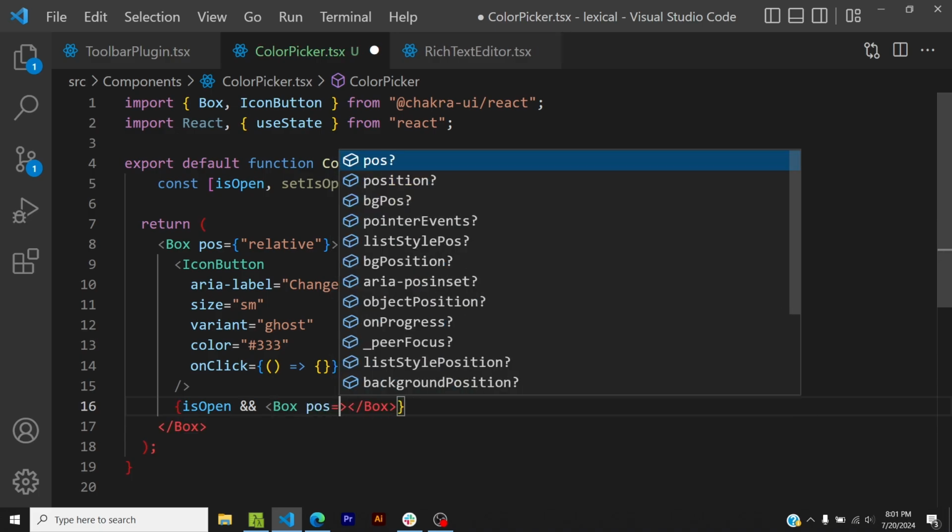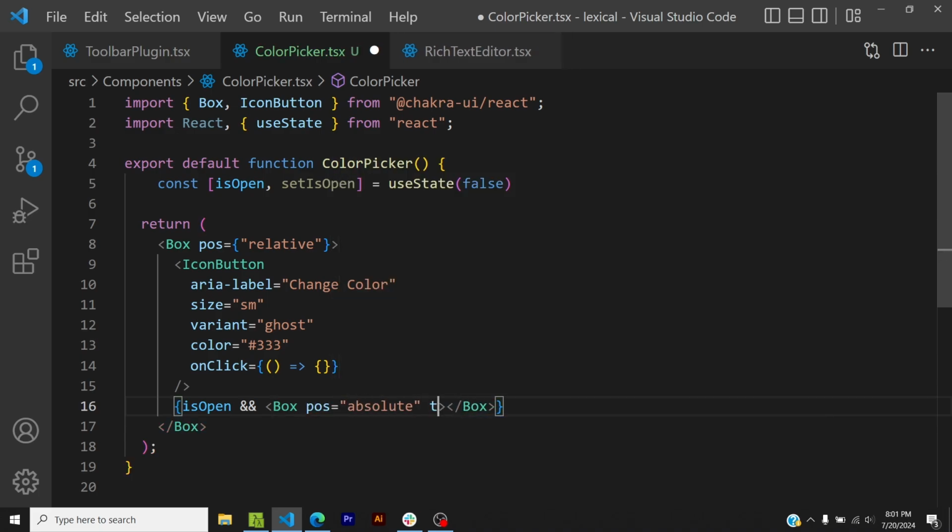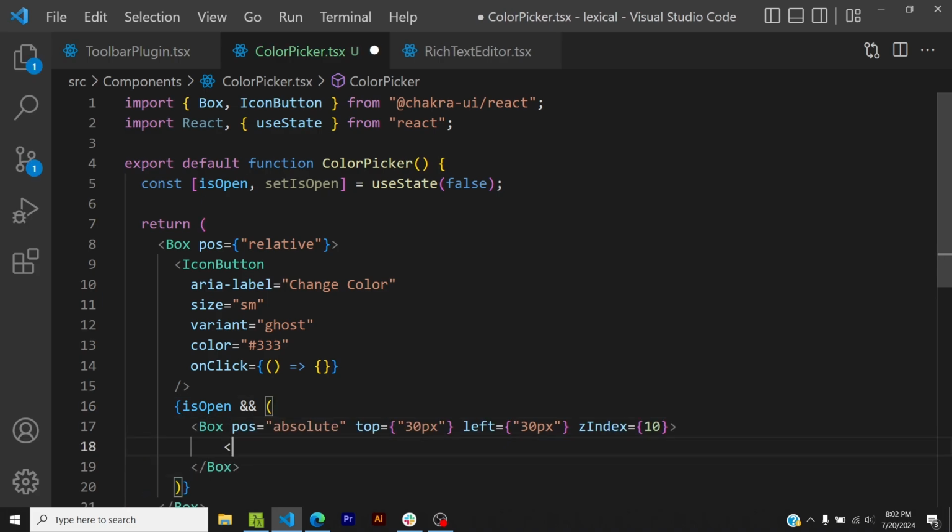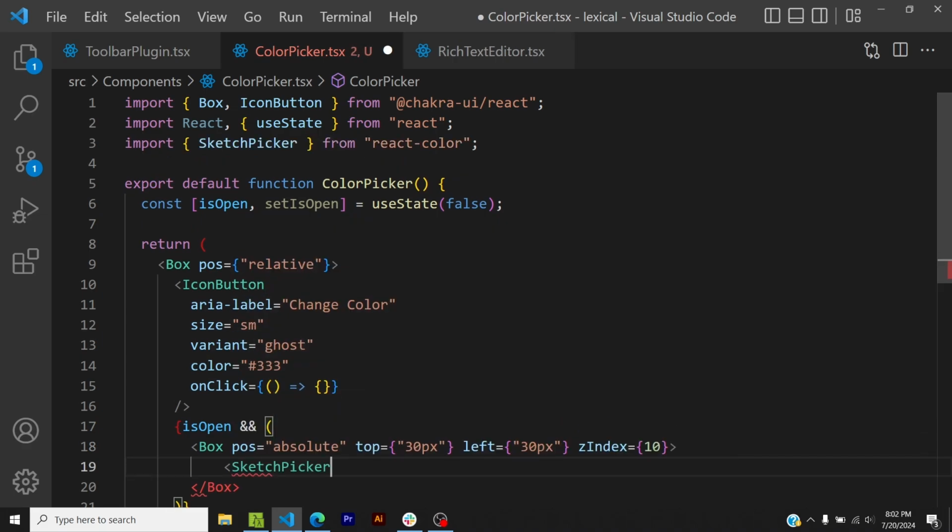So position should be absolute, top would be 30 pixels, left would be 30 pixels, z-index of 10 so that it is above the rich text editor. Great. And inside it I will import the SketchPicker component